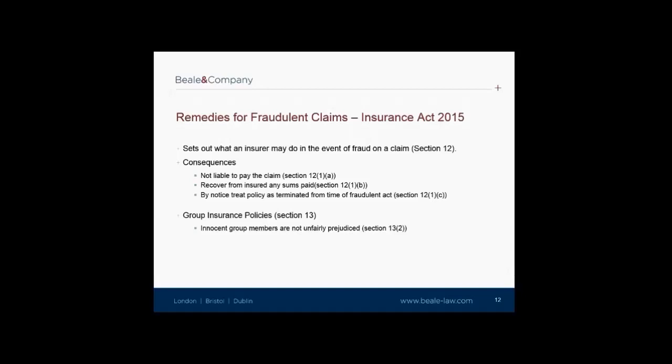So when an insured commits a fraud against an insurer, the insurer is not liable to pay the claim to which the fraud relates, and if the insurer has already paid, it can recover the monies paid out when it subsequently discovers the fraud. In addition, insurers have another option, which is to give notice that the contract is terminated from the time of the fraudulent act, with no obligation to return the premium. This enables the insurer to refuse all liability in respect of a relevant event after the fraudulent act. A relevant event is specified as referring to whatever gives rise to the insurer's liability under the contract.